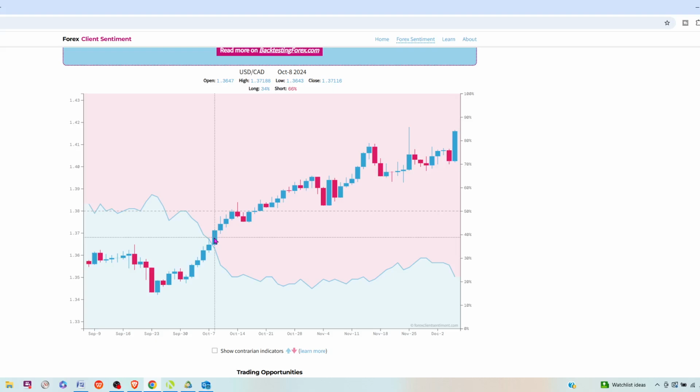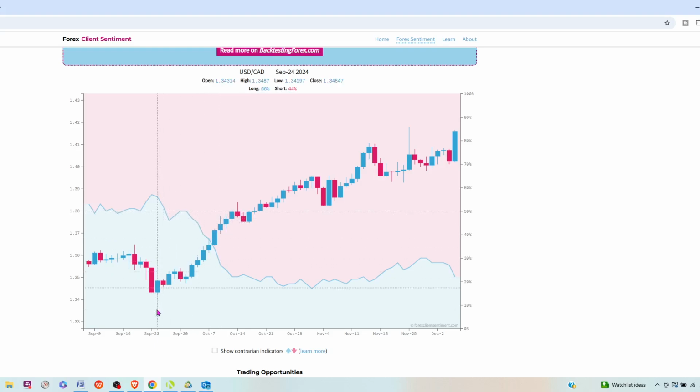To me, that fits the criteria because, as I said a minute ago, I want at least 60% in that opposite direction. So if I'm looking to go long here, I want to see the shorts at least 60%, and it's at 66. So this actually would have been perfectly fine. But what you'll see a lot of times is that before that ratio gets big enough, you'll have that percentage more like in the 50s.